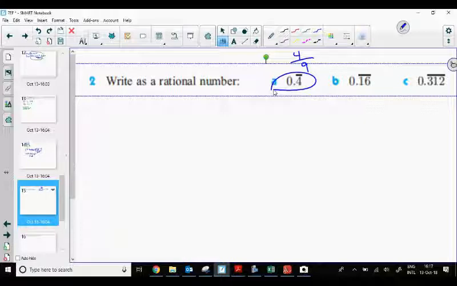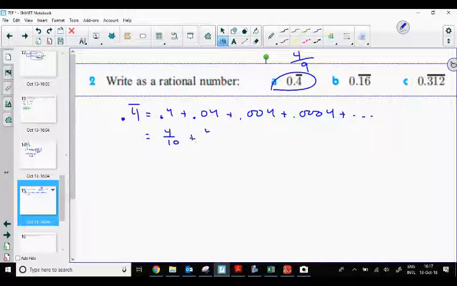I'm going to start off by recognizing that 0.4 repeating is going to be equal to 0.4 plus 0.04 plus 0.004 plus, and so on. This is the same thing as saying 4 tenths plus 4 hundredths plus 4 thousandths plus. That's a geometric series, right? We're dividing by 100 every single time. So my grand total here, my sum,